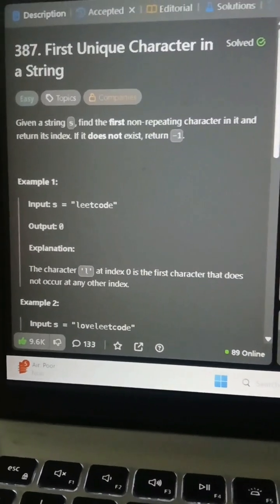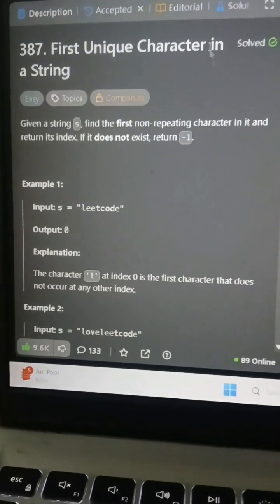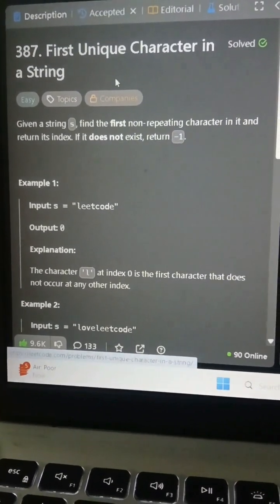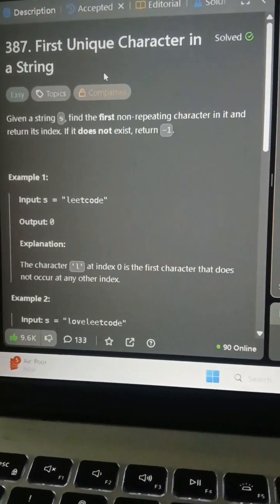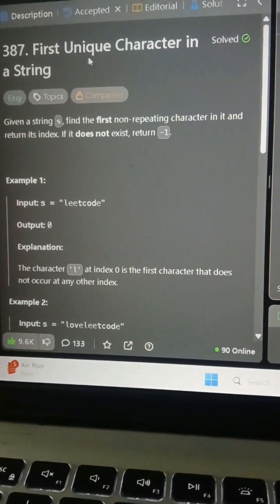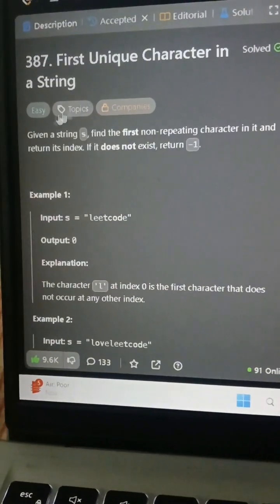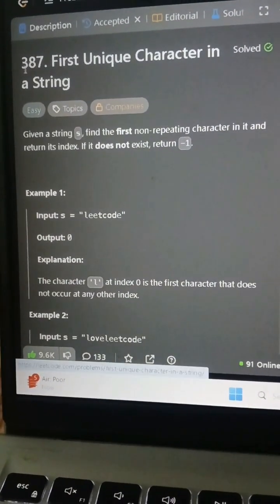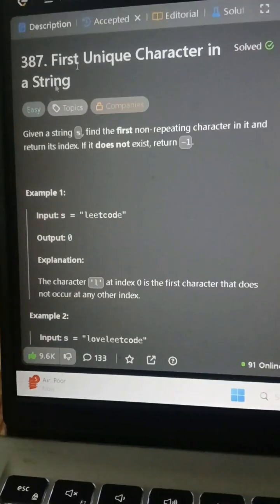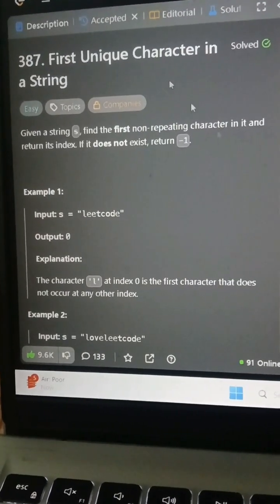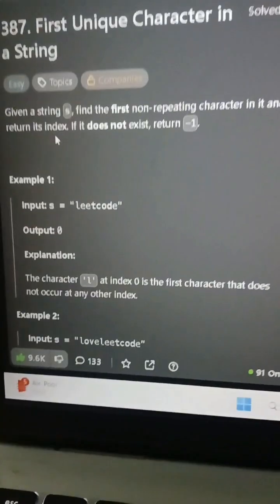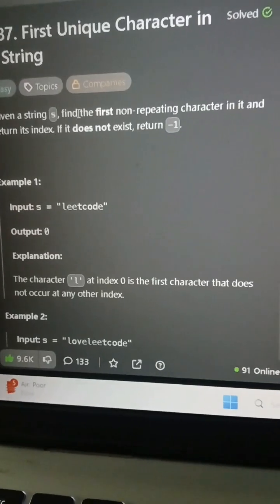Problem: first unique character in a string. This problem is also called the non-repeating character in a string, and this is our 387 problem on LeetCode, which is easy. Okay, what we have to do in this question: we are given a string as input,